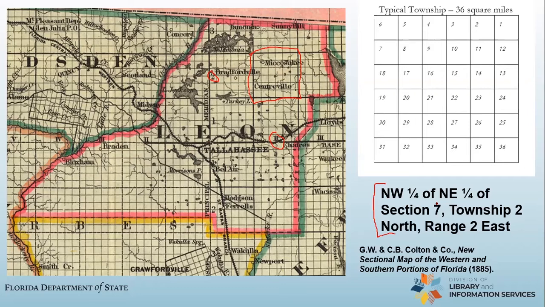Next thing we need to do is figure out which section we're talking about. All right, Section 7. Remember, this is the standard arrangement of sections for every township in the entire state of Florida. So I know that this right here is the section that I'm looking for to get this person's land. So if I were to count on this map, 1, 2, 3, 4, 5, 6, 7, and if you're wondering, am I really going to have to use a map from the 1840s to figure out where my ancestors' land is? No, you're not, but we're doing it the hard way first so that you'll understand how it works. All right, so this is the section right here.